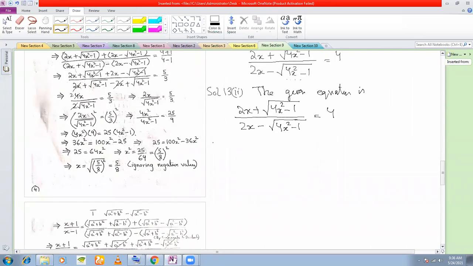Now what do we do? We use componendo and dividendo on both sides, because if we use componendo and dividendo, only then 2x may cancel, and root 4x square minus root 4x square may cancel, because you have here opposite signs and here you have the same sign. So the only possibility that 2x or root 4x square minus 1 will cancel is by componendo and dividendo. So on the left hand side you have numerator